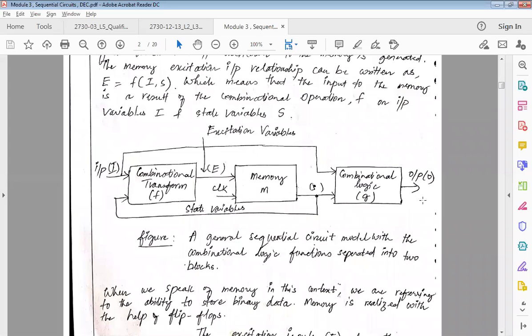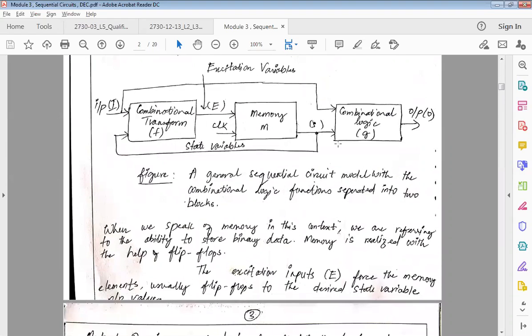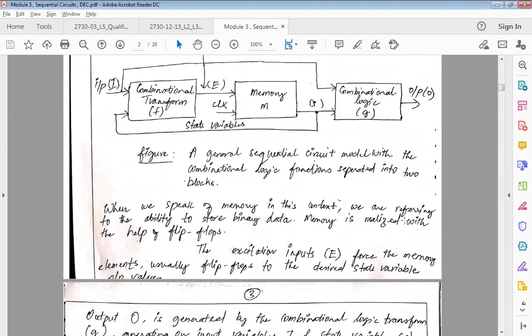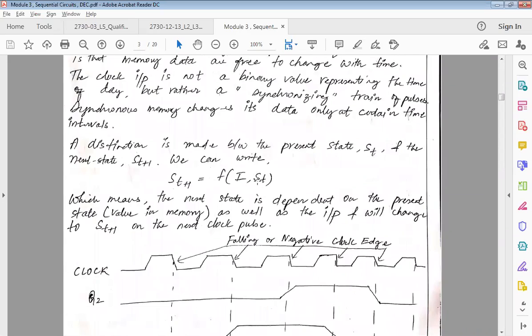So this output is your next state output, which works on the S and I, the state and input. Your next state is a combination of input and present state. St is the present state, St plus 1 is the next state,